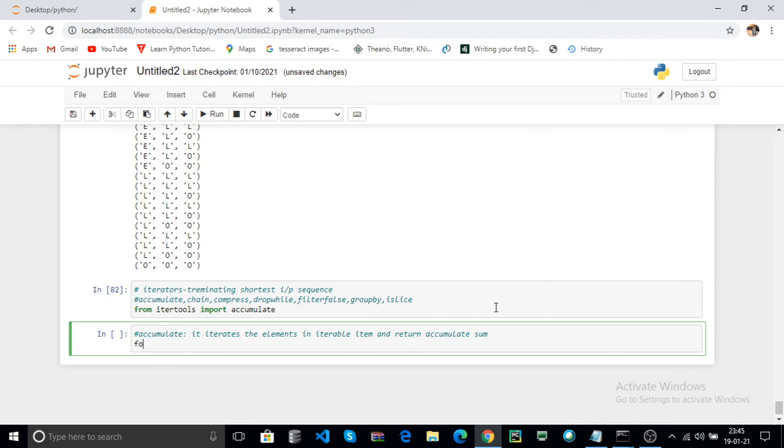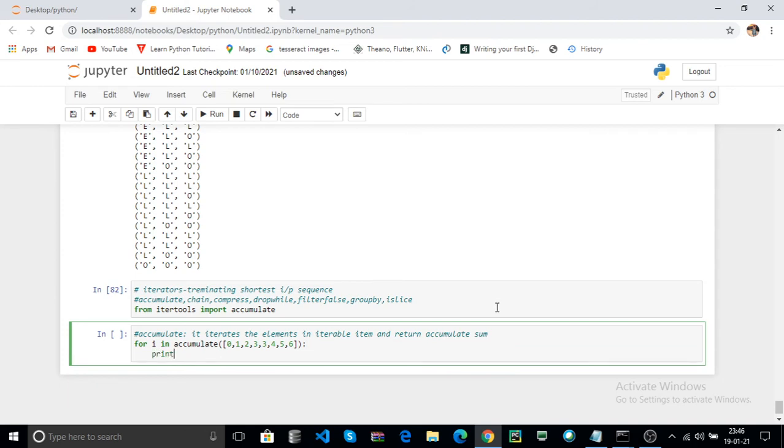Now how to use it? Using a for loop, for i in accumulate, pass any iterable object. For example, I pass a list. Now print i. The list is the input sequence.